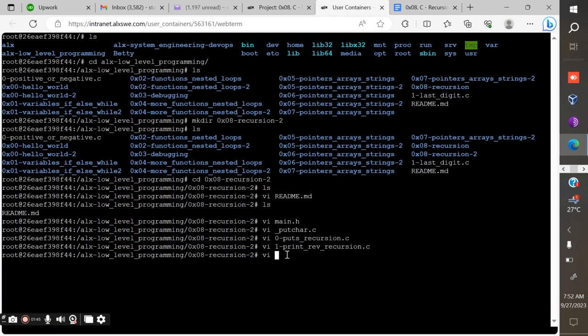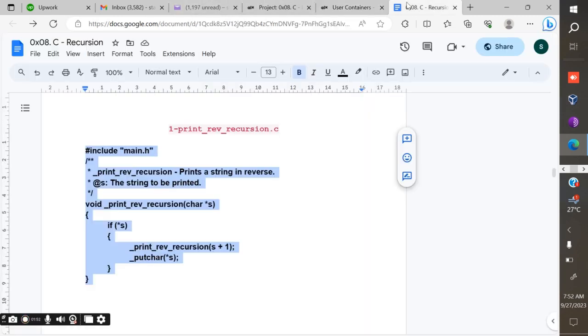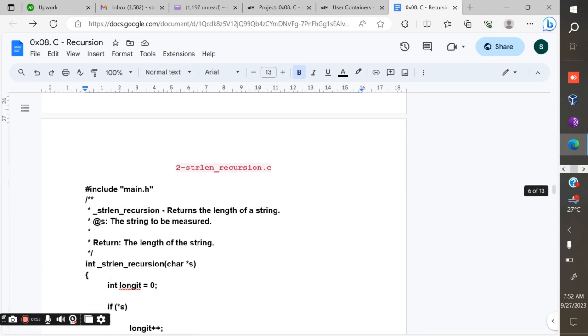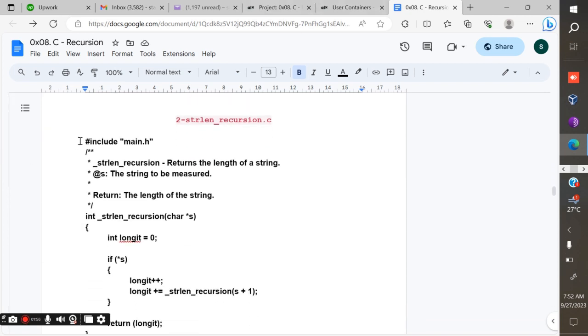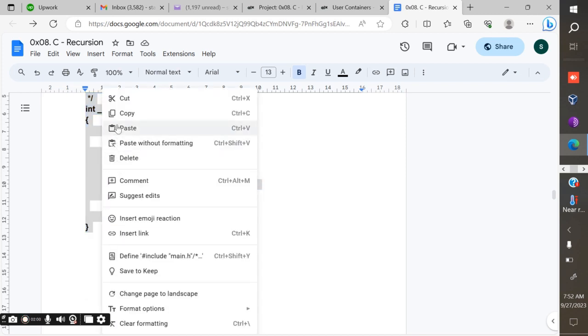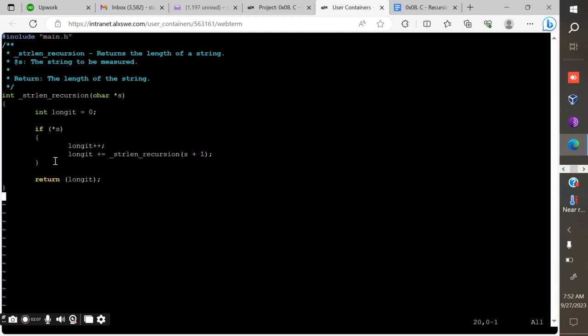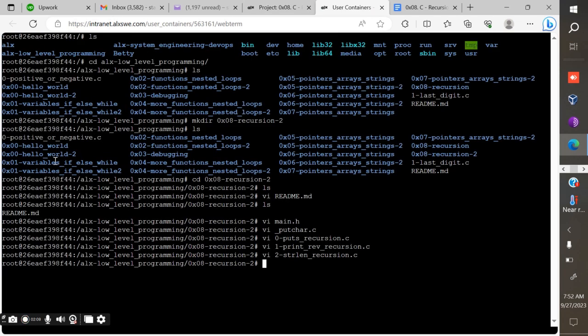After copy, insert, then you copy, escape, WQ,